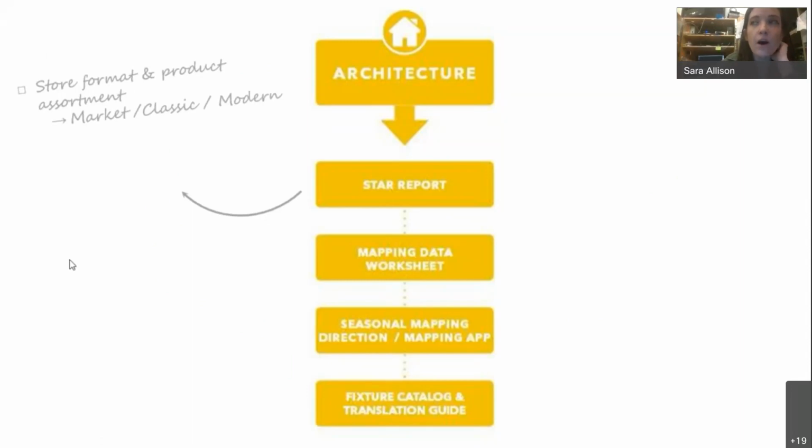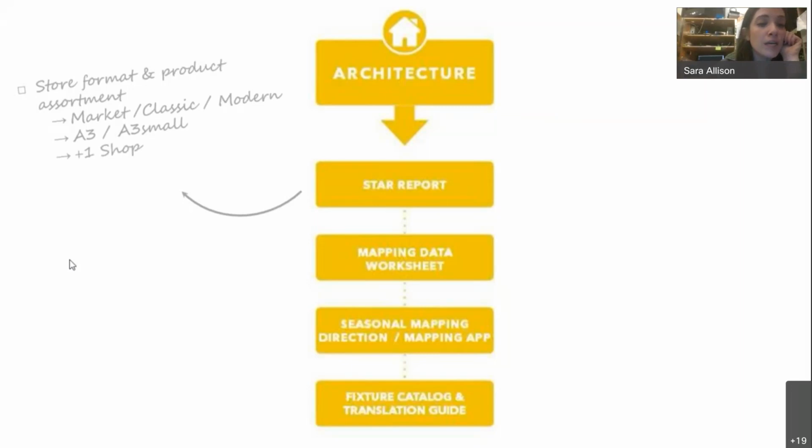If you're ever wondering about all of the little minute details about your space and your physical store, there's a report that is accessible on your back computer in the stockroom, under reporting on the ISP computer. That is called the STAR report, and it's really going to let you know your store format and product assortment, as well as any architectural details. So architecture encompasses the build of the store, but it also encompasses what product you carry, because we do have different formats of stores.